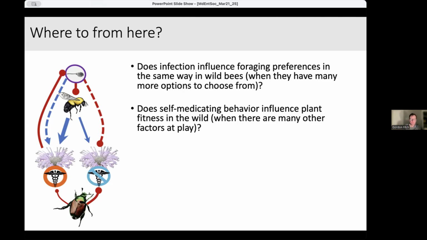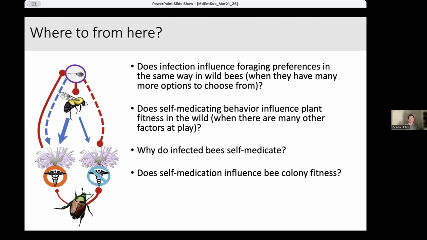To be determined. And then we're also really interested more in looking at the dynamics within the bee. What is it that is making these bees change their foraging behavior? To do this, we've just completed a project looking at the gene expression of infected and uninfected bees in their brains to see whether there's differences in their sensing patterns that might go along with their preference for these different compounds. But again, don't know the answer yet.